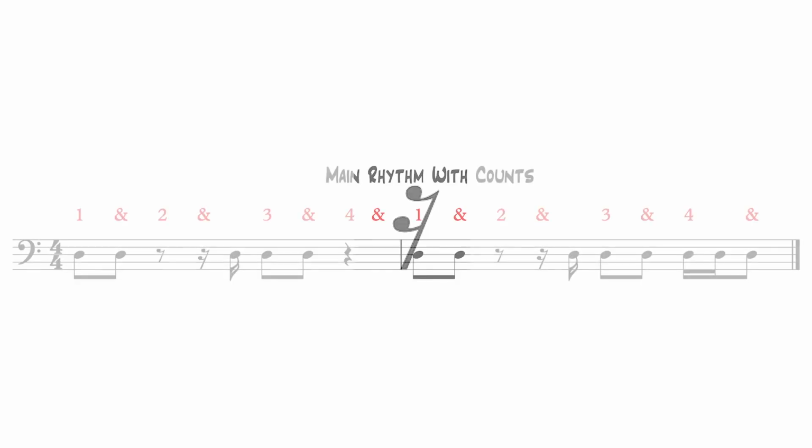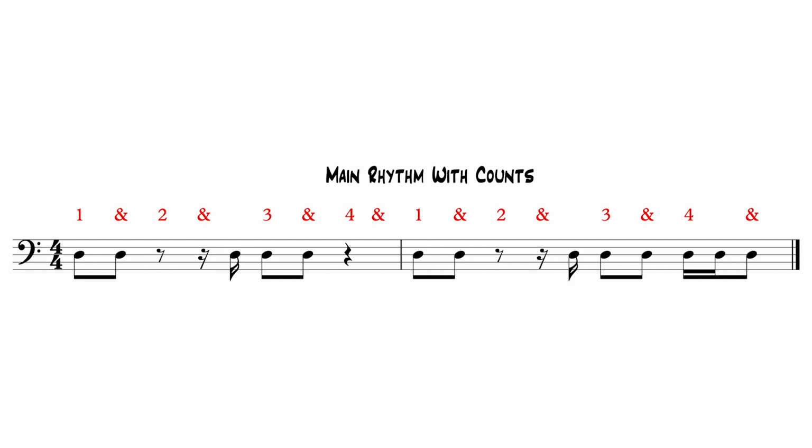Now if we look in the second bar, it's almost identical to the first bar, but just on the fourth beat we've got 3 extra notes. We've got 2 16th notes and an eighth note. So the 16th notes have got 2 lines, 2 beams, and the eighth note's got 1. So that fourth beat is just 4 and 4 and 4 and. So that whole last bar, 1 and 2 and 3 and 4 and 1 and 2 and 3 and 4 and.